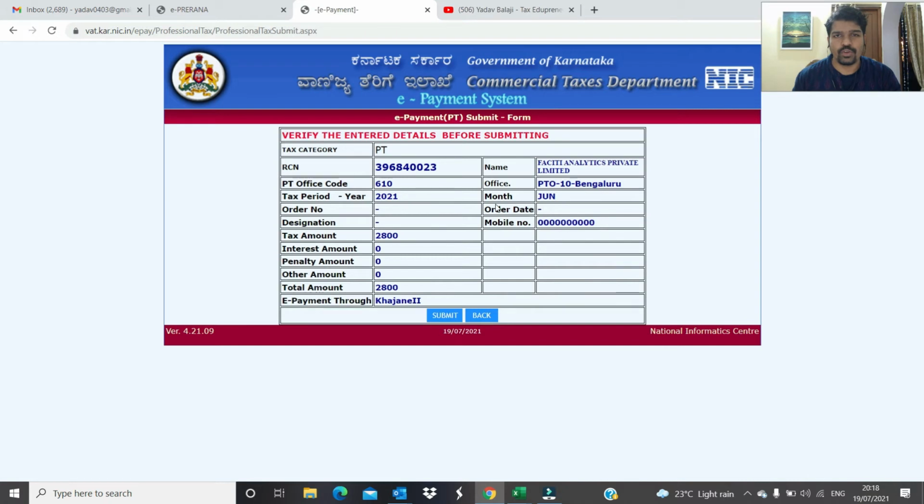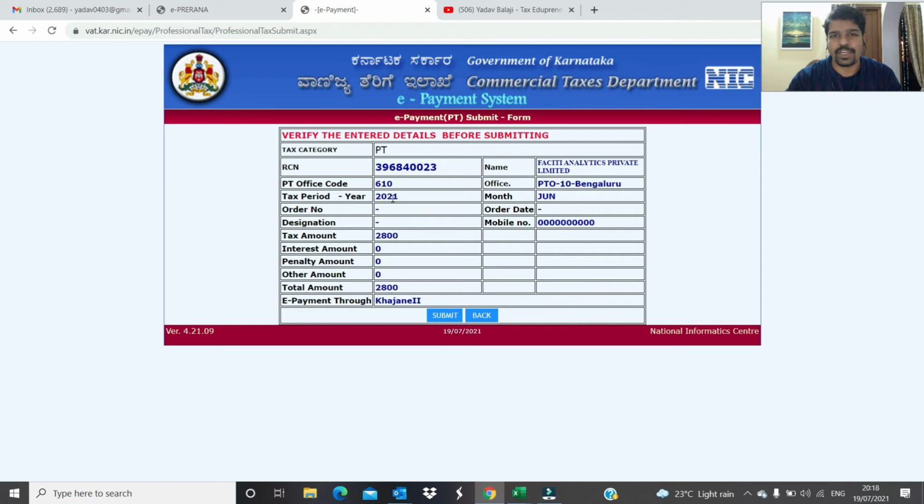This will show you a kind of preview. You can take this concept like a TDS payment or income tax payment that you may have heard of. If you want to do that, you will go to the NSDL website, tin-nsdl, where you can make the payment, and later you will file your income tax return.